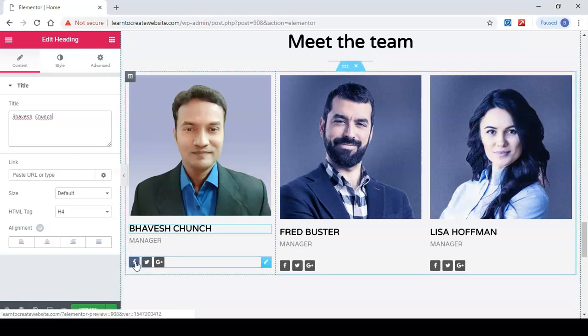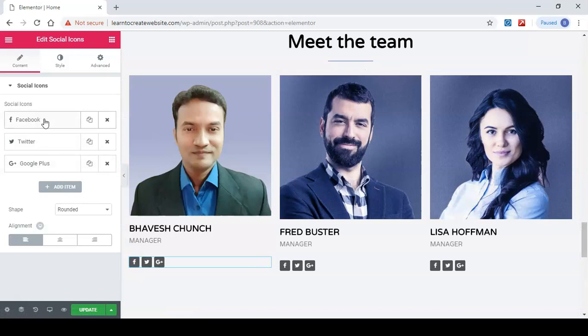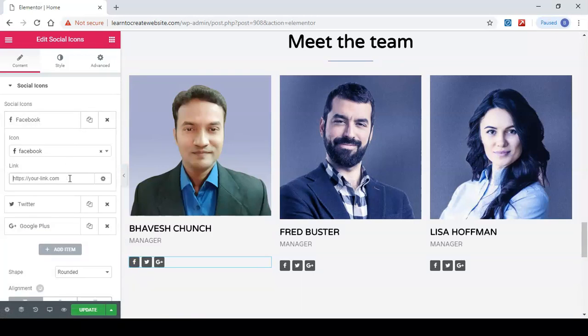Now let me change the social media icons. Click edit over here. Now to change the Facebook link, click on this Facebook and you can update the Facebook link over here.